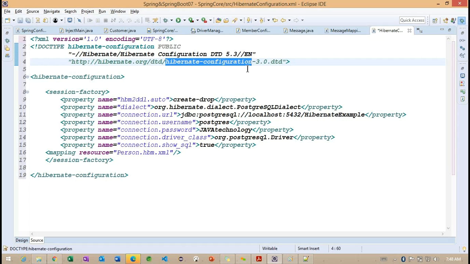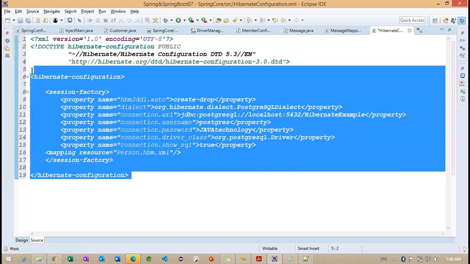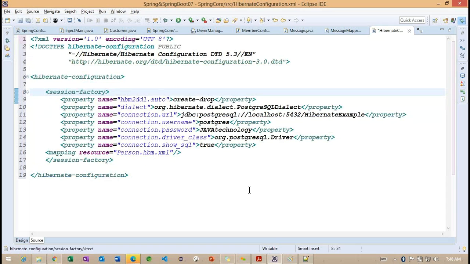So whenever we copy this Hibernate configuration, we are going to get these many tags. If you are not adding this particular DTD, we cannot work on this Hibernate configuration and the session factory. Getting the point. So carefully observe what I am doing here.